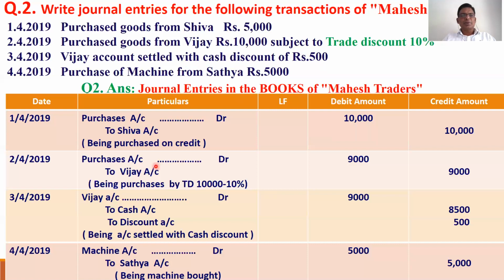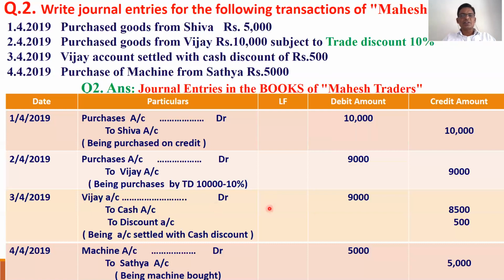How much do we pay? By the second entry we pay 9,000. We have to pay 9,000 to Vijay, but Vijay gave a 500 discount. Usually traders give cash discount only to get cash as early as possible. Since we are paying this amount within 1 day, they are offering a 500 discount. So they are getting 8,500. So here Vijay's account is settled: Vijay receives 8,500, and his account is settled with 500 of the total 9,000.